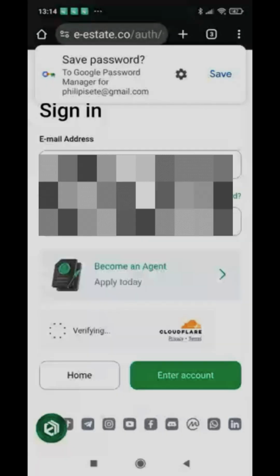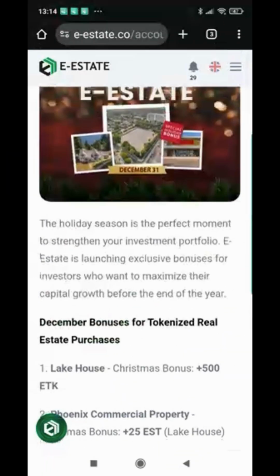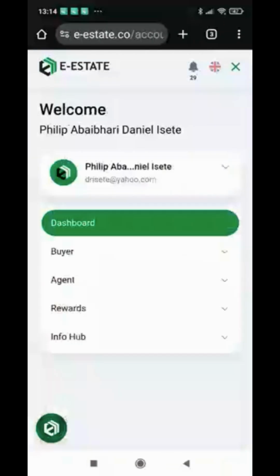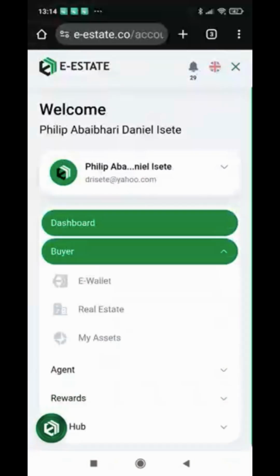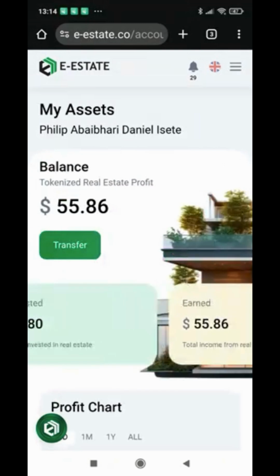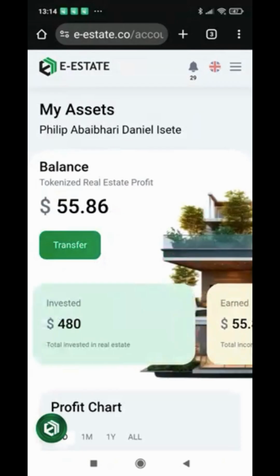So sit back and watch on, and then go to your main menu or go to your assets. Yeah, and then go to assets. You need to click on buyer. Buyer will give you assets, not reward. Buyer. So my assets. Okay, so you have $55. So you need to click on transfer. That's the first thing you do. So click transfer